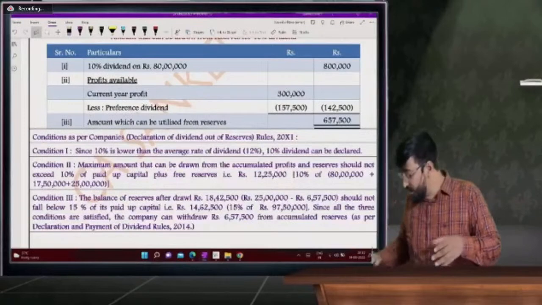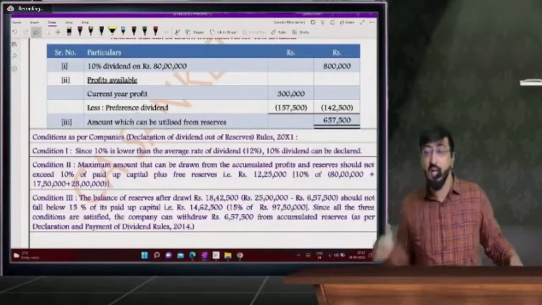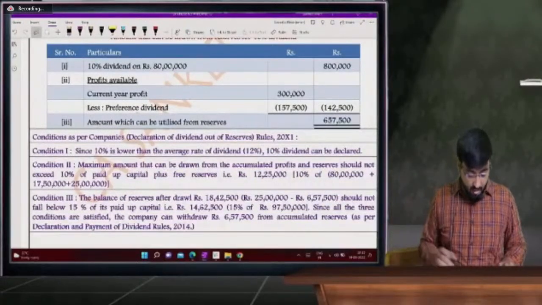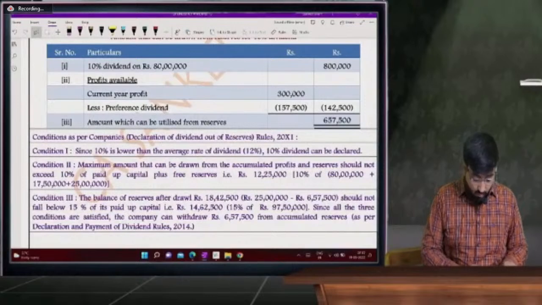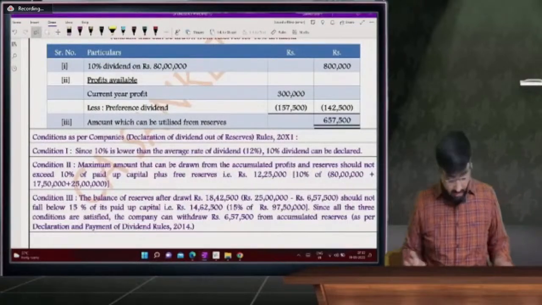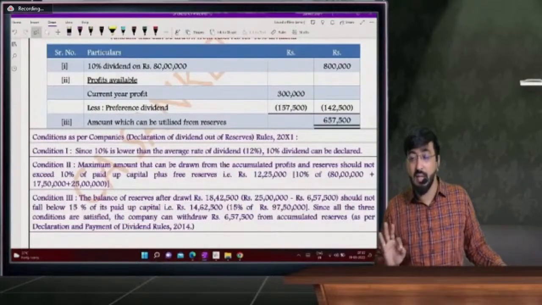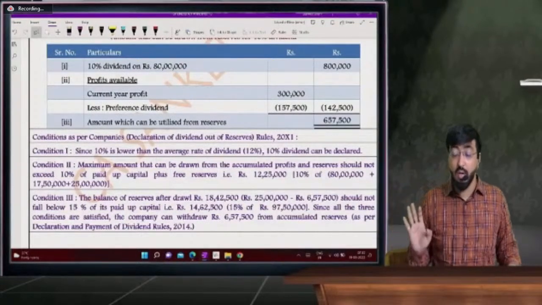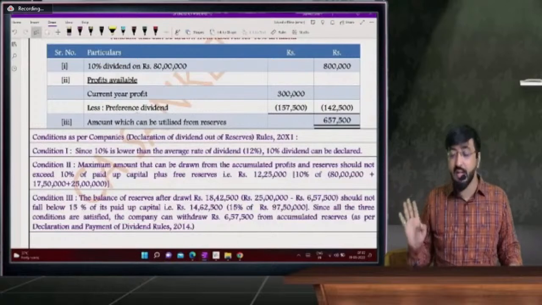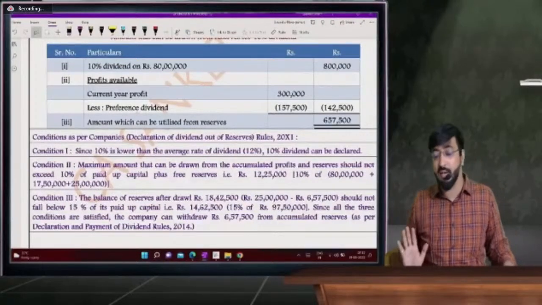तो ये रूल्स जो हैं, उसको समझने की कोशिश करना कि आपने पिछले 3 सालों में जितना भी डिविडेंड दिया हुआ है, वो आपको याद रखना है। उसके अलावा 3 इयर्स के जो भी प्रॉफिट्स होंगे, वो डिविडेंड रेट उससे पिछले 3 साल के जो भी डिविडेंड रेट होंगे, उससे आपका ये डिविडेंड रेट कम होना चाहिए।